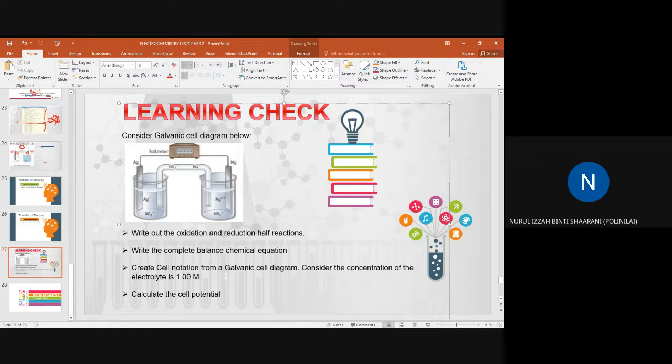Okay, and then after that you kena write down cell notation from this galvanic cell, and calculate the cell potential, okay, berapa E node cell dia. So kena cari E node reduction and also E star untuk oxidation. Okay. So yang ini nanti you akan